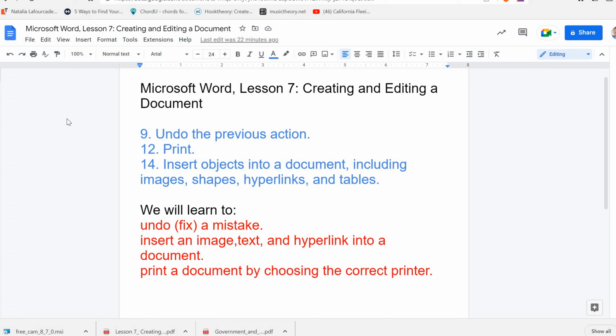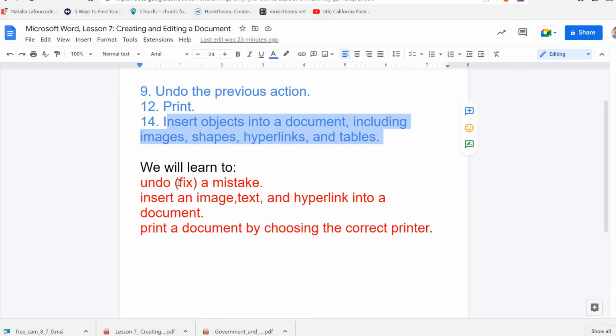Right, good evening. Tonight I would like to talk about Microsoft Word, creating and editing a document. And we are going to undo the previous action, print, and insert objects into a document, including images, shapes, hyperlinks, and tables. In simple terms, we will learn to undo a mistake, insert an image, text, or hyperlink into a document,